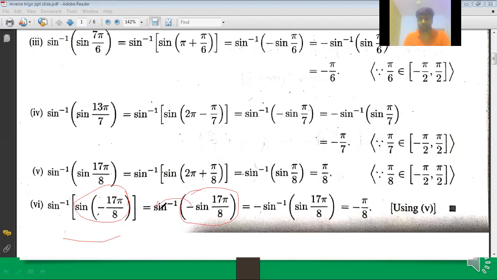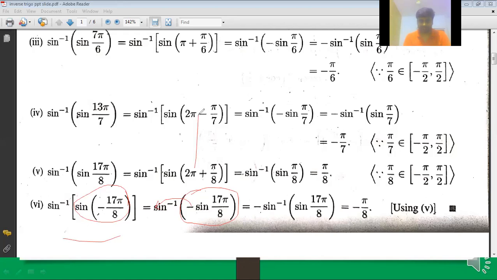This is a 12th class formula. What is that? Sine inverse of minus x is minus sine inverse of sine x. If you have minus inside, we can write it outside of the inverse trigonometric function for sine. Even for tan also, cosecant also, minus we can write outside. What about the remaining? Cos, cot, secant: pi minus cos inverse of cos x, pi minus secant inverse of secant x, like that we can write. Anyway, those we will discuss, as I told you, in the next slide.